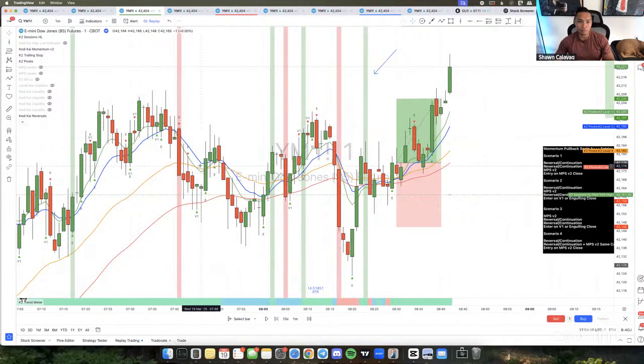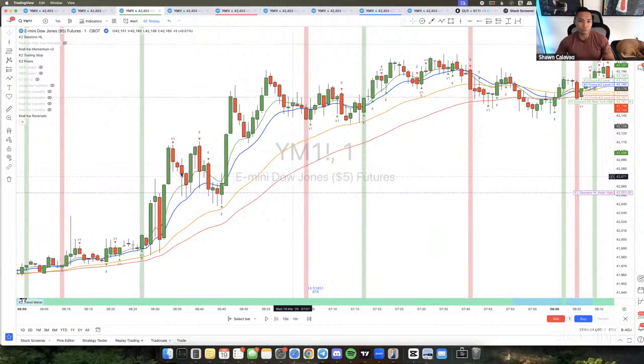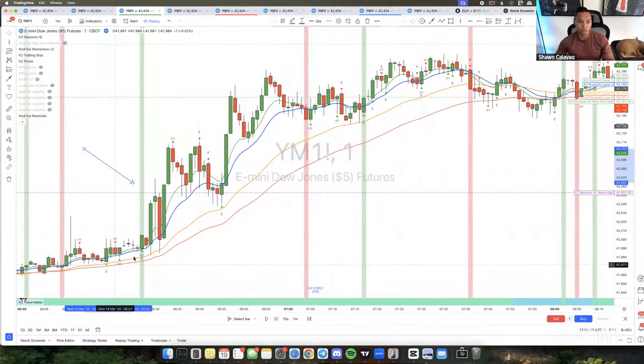Same with this one over here, right? Some of these signals will last longer than others. And these are the ones that you really want to dig into. Like this one right here, right? Check this out. Buy signal. This thing lasts for a while. So it pushes up, you get the engulfing, you get the MPSv2, and then the A plus plus is right here.